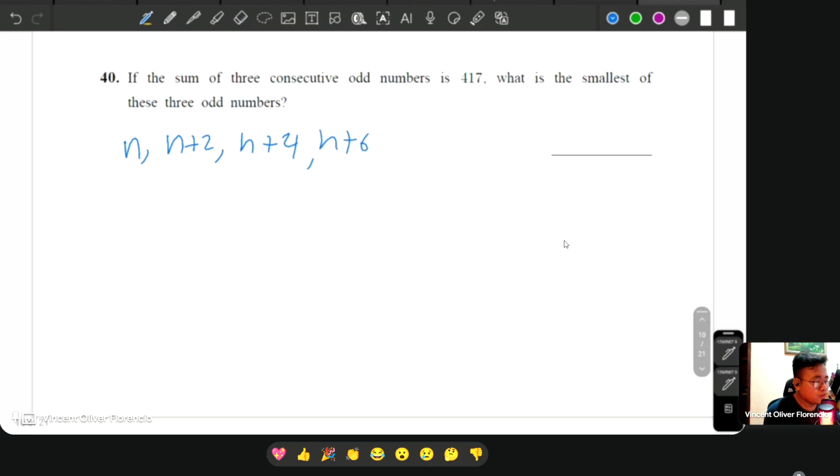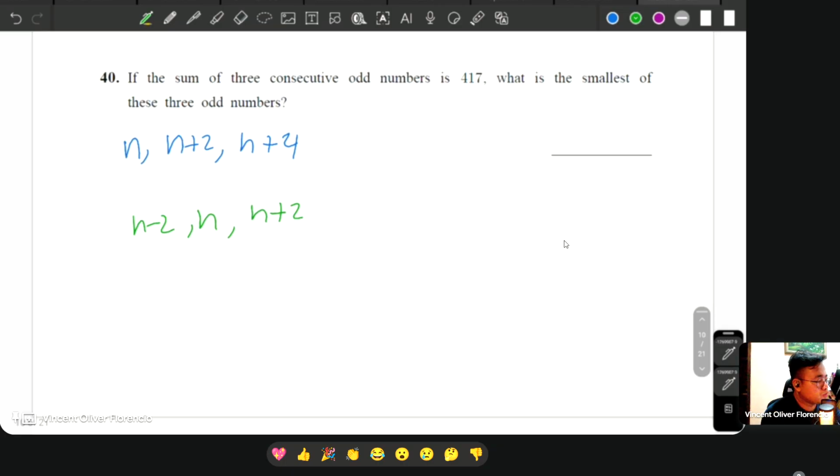You're always adding 2. However, the other way of doing that is you can actually start with the middle. Let's say these are the first 3 consecutive odd numbers. If you start with the middle, that's your n, it means to say your next term here is going to be n plus 2. But your previous term will be n minus 2. Again, because the difference between each consecutive term in consecutive odd numbers is 2.